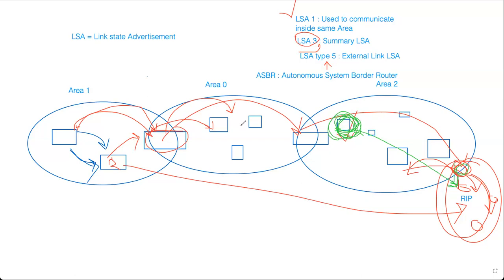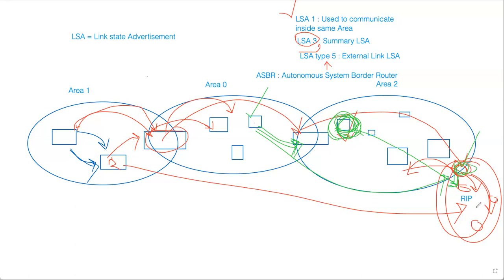But if this router wants to talk to this router, it does not know the information of this router, because it has to talk to my ABR. You remember I said, if I want to talk to something outside of my group, I have to talk to my ABR only. I cannot talk directly to that router. So in that case,